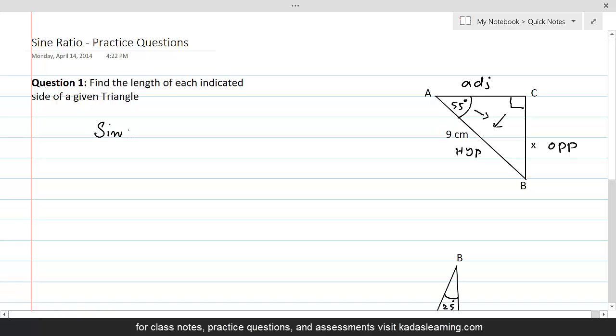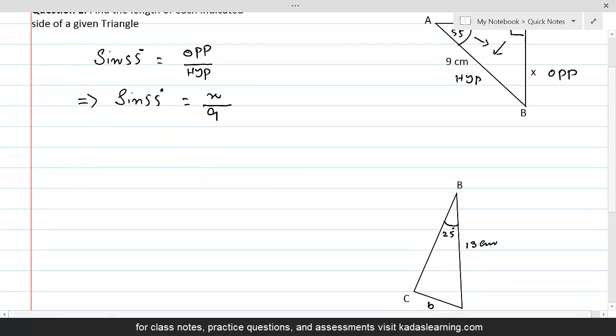So sine of 55 degree is equal to opposite over hypotenuse, which means sine of 55 degree is equal to opposite, which is given the name x, over hypotenuse, which has a value 9 centimeter. So let's substitute the values for opposite and hypotenuse. This will give us